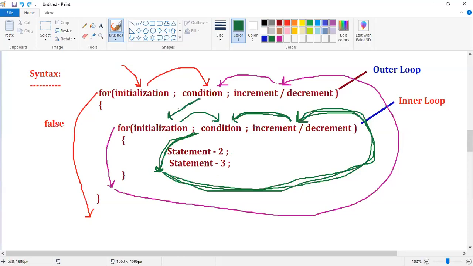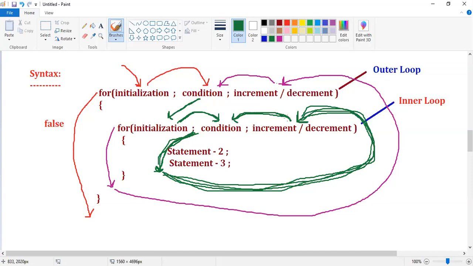Once again control comes inside, to the inner for loop initialization. From there, this process is repeated. Condition, statements are executed, and control will move to your inner increment decrement.